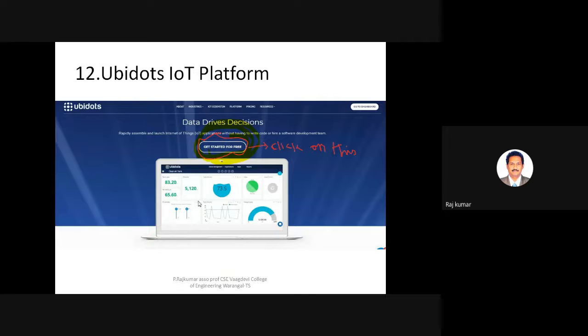So here, when you land on this page, immediately you can click this, encircled with some red line. So, get started for free. We being learners or educationalists, we need not pay any money for this. So it is free of cost, but we have some limited resources available when we are getting it free of cost. So if you want more features to be added into your existing system, then we need to pay money. That is, we have to go in a commercial way.